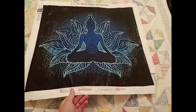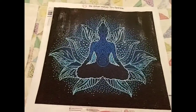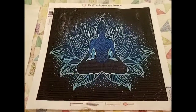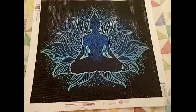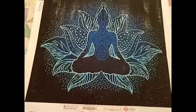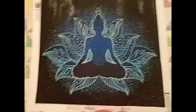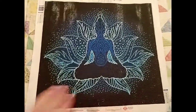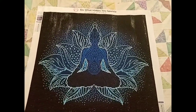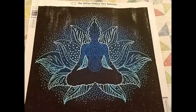This one is super fun. I got this one done really fast. There are only 7 colors, so really, there's just not a lot of color to it. So it works up so fast. But I love this one so much. At first, when I bought it, I was like, oh, I'll probably gift it. But when I did it and saw it, no way. No freaking way. It's going on my wall in my bedroom